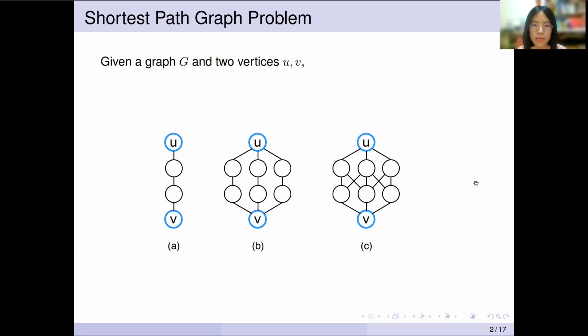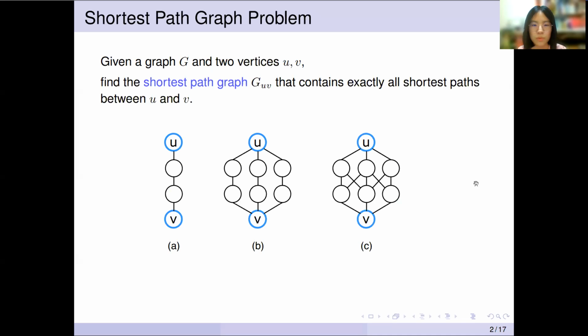A straightforward way is to enumerate all shortest paths between two vertices, but this will lead to overlapped paths and is combinatorially challenging. For example, in graph C, each vertex appears on multiple shortest paths. Therefore, we studied the shortest path graph problem in our paper. To understand how two vertices are connected, we compute a shortest path graph which contains exactly all the shortest paths